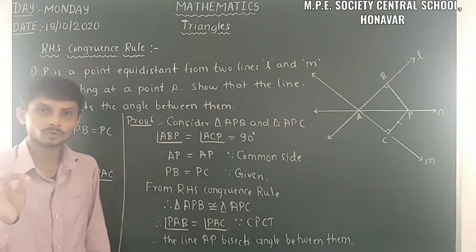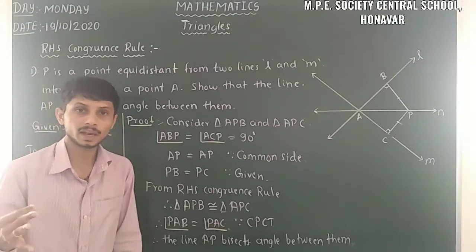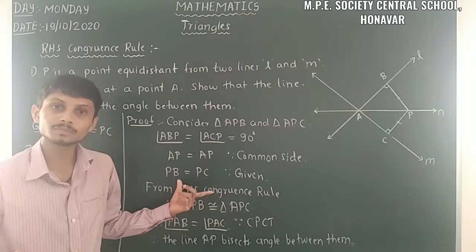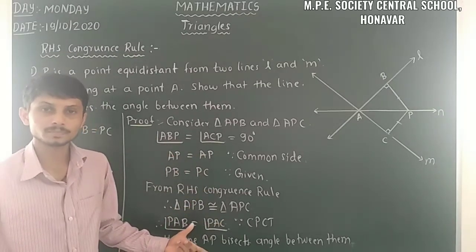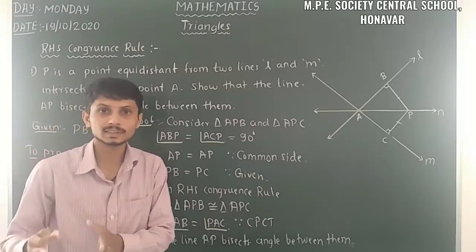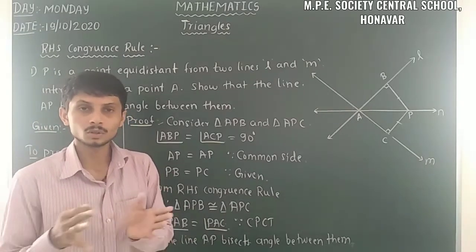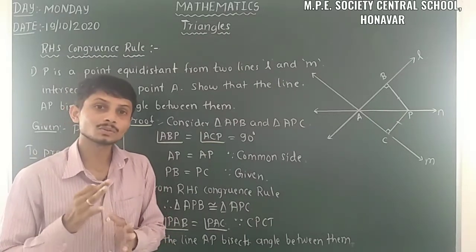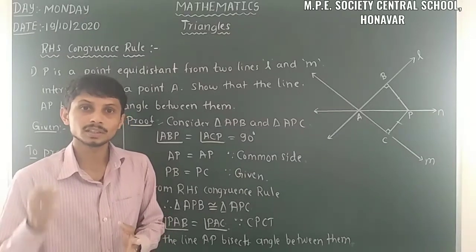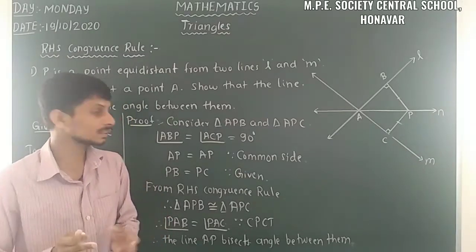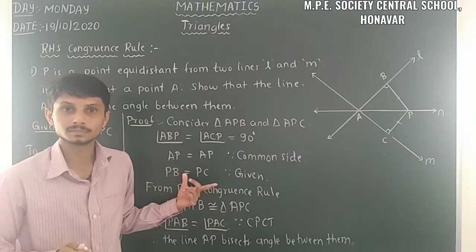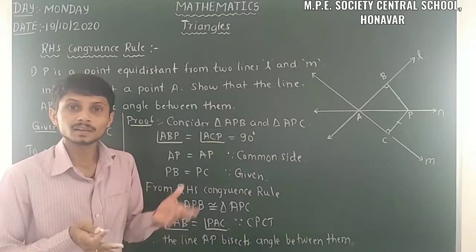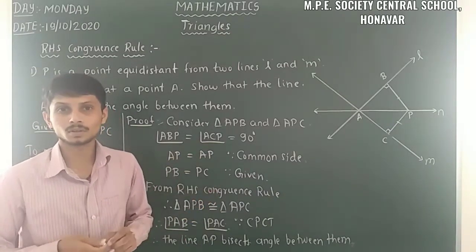So firstly we have to know what conditions are there. Initially we can use the SS congruence rule also here. Here it becomes the RHS congruence rule also. The RHS congruence rule and the SS congruence rule, those two are one and the same, but here the RHS congruence rule can't become the SS congruence rule, because it is a condition that we have to take the hypotenuse. But it may be the SS congruence rule, and we can consider it as the RHS congruence rule also.